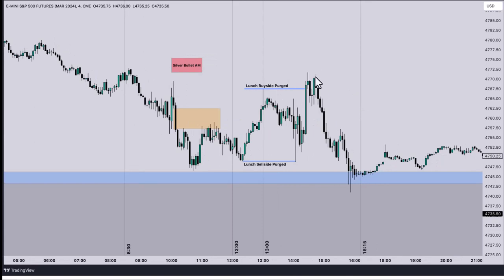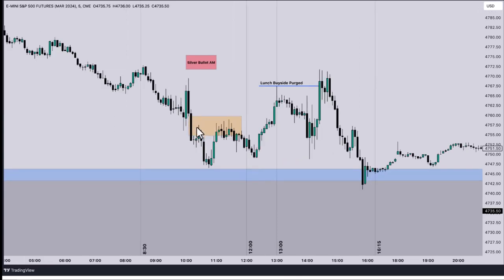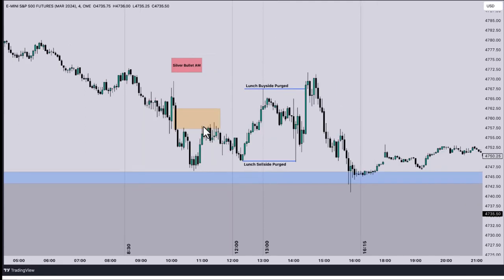So here is the 4-minute, a little bit more focused. Here we just noticed the lunch buy side and the lunch sell side were purged on the 4-minute chart. The 4-minute has a fair value gap as well, kind of consolidated within it. It is a little bit smaller than the 5-minute because there are fewer candles, so it's more focused. Now, something I did learn from ICT